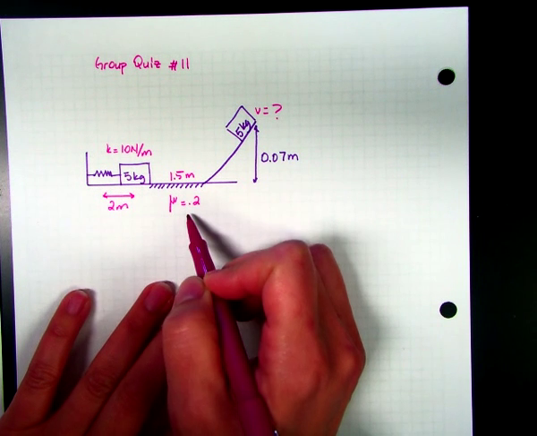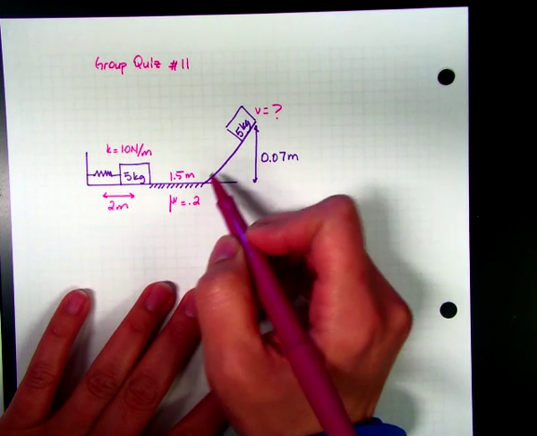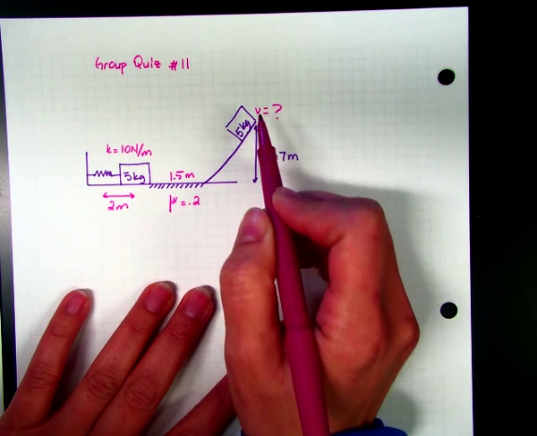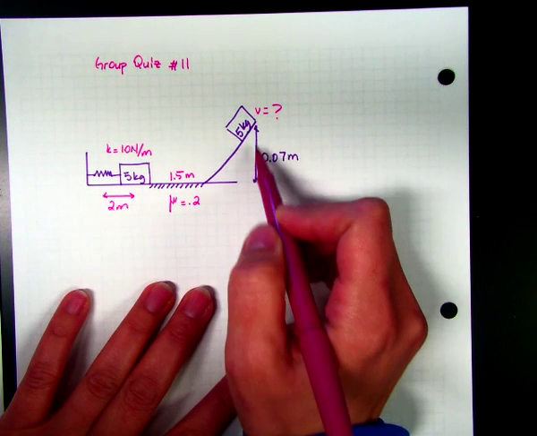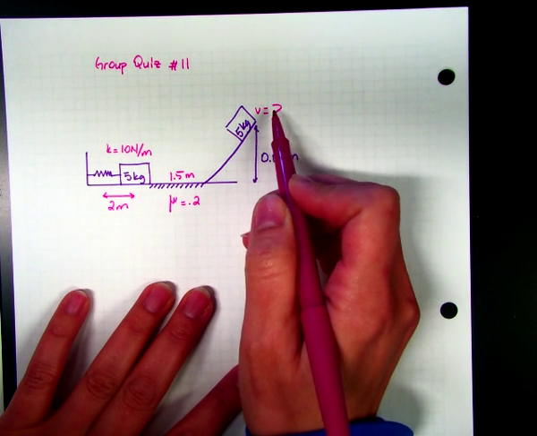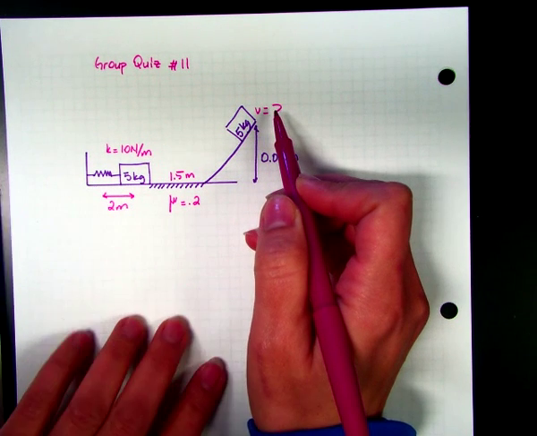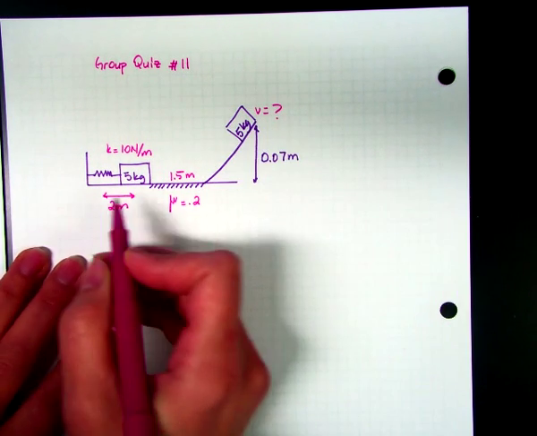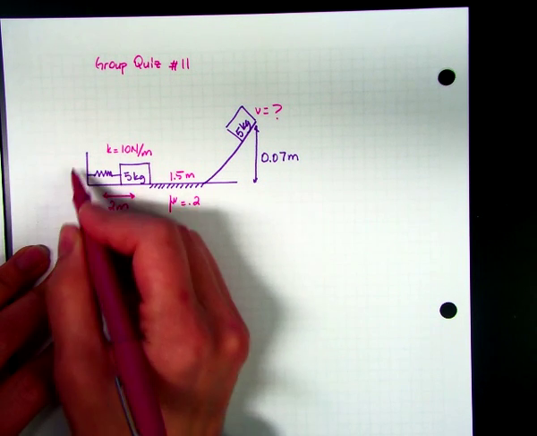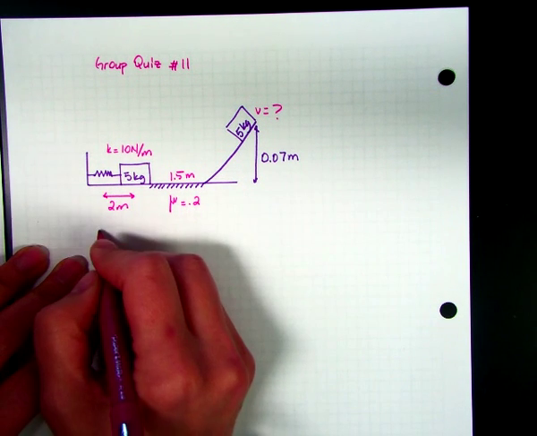Friction constant is given, and then it is followed by a hill. At the top of the hill, it has some velocity and potential energy. So we're going to find the velocity at the top of the hill. That's the question. So if we look at this question in the first part, we have only spring potential energy,